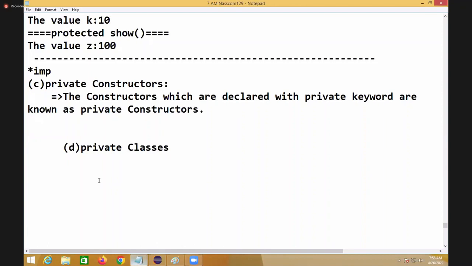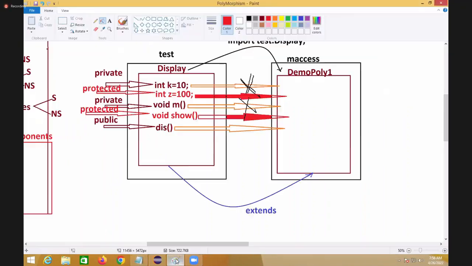Now look here. Suppose I am taking again